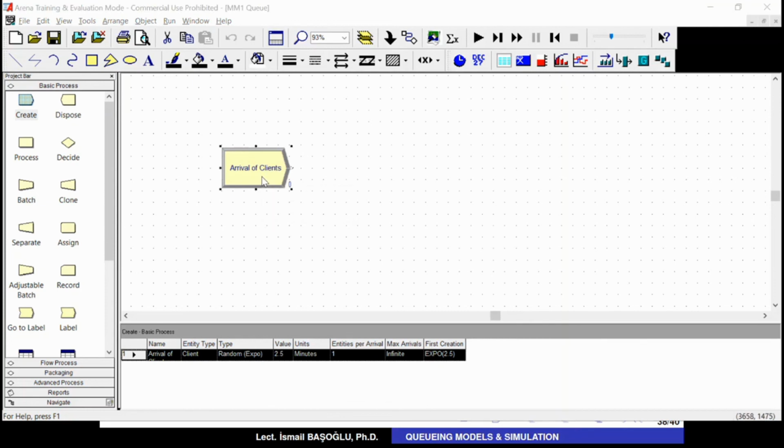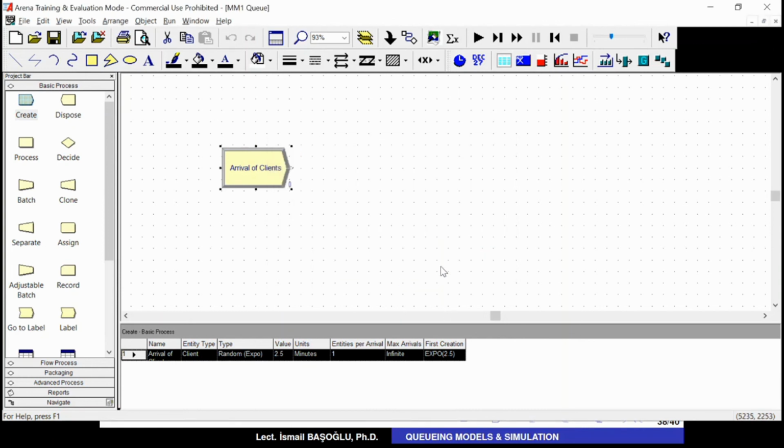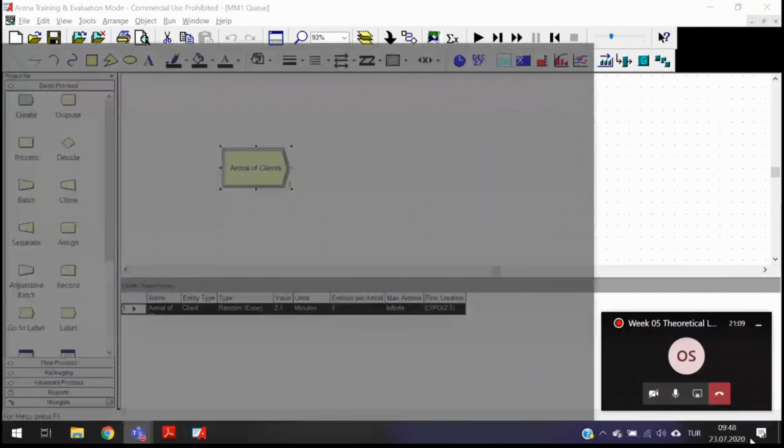Okay. So if I double click on this, the first arrival time of the first client will be exponentially distributed with average 2.5. Okay. So I have created the arrival module, okay? Now, you see in the spreadsheet module, under this page,